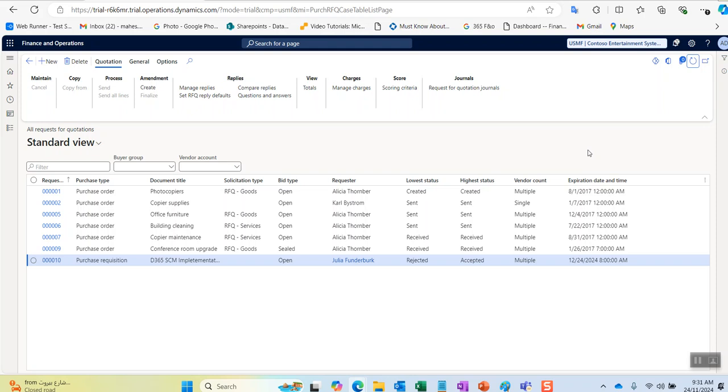Why is it accepted and rejected, two different statuses, for this particular request for quotation? We have two different statuses. One is accepted, in the sense that the vendor which we have selected and accepted has won the bid, and rejected in the sense